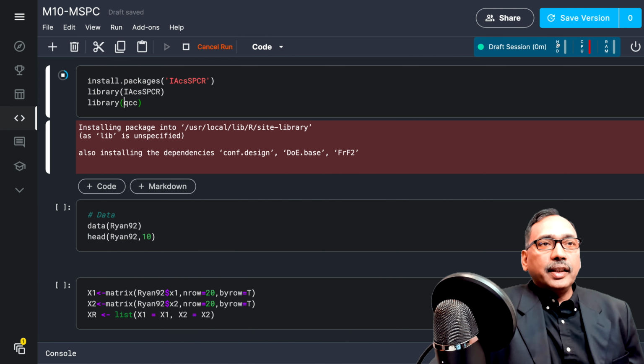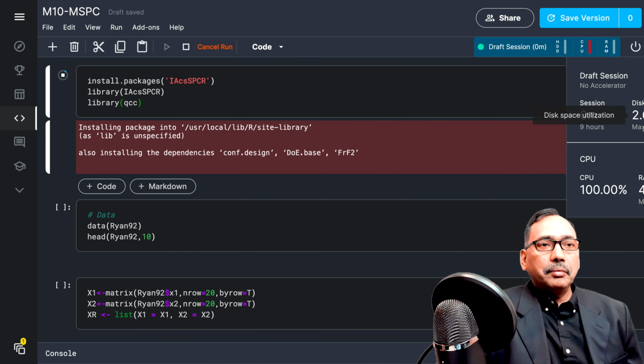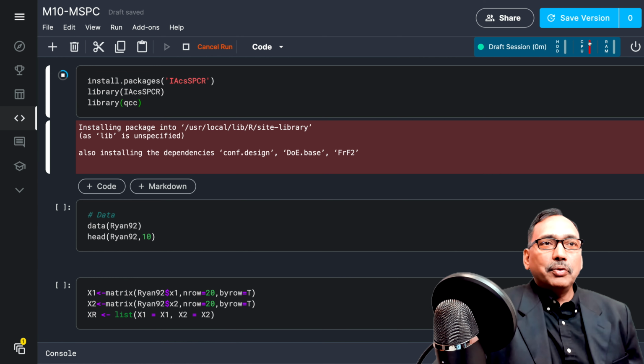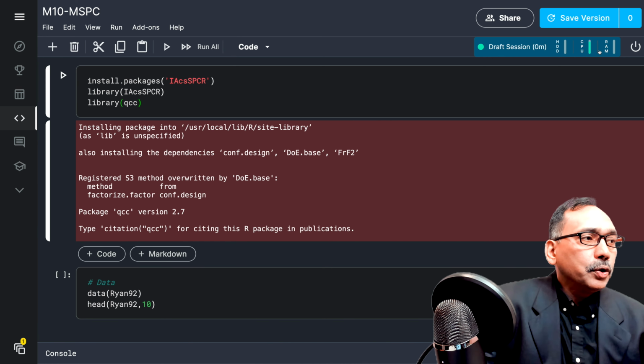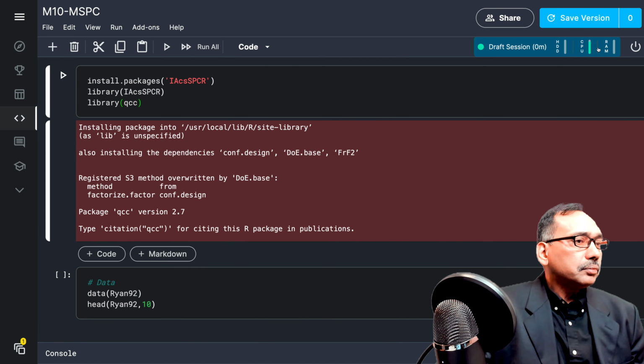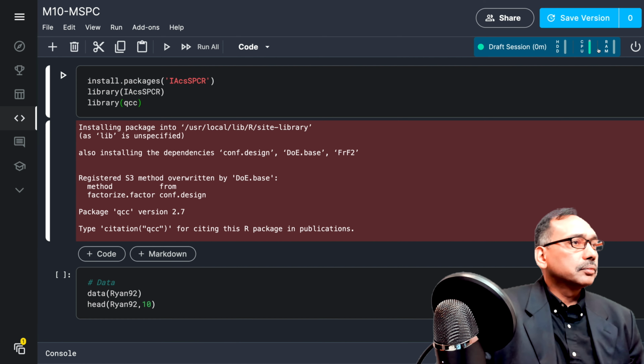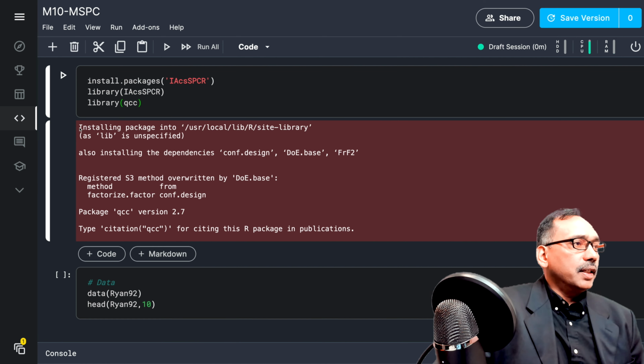While it is running, you can see at the top that it's using CPU. Max is 16 gigabytes, so even that one is using a lot, almost red. But we definitely do not require GPU kind of processing here. Okay, since it is done,